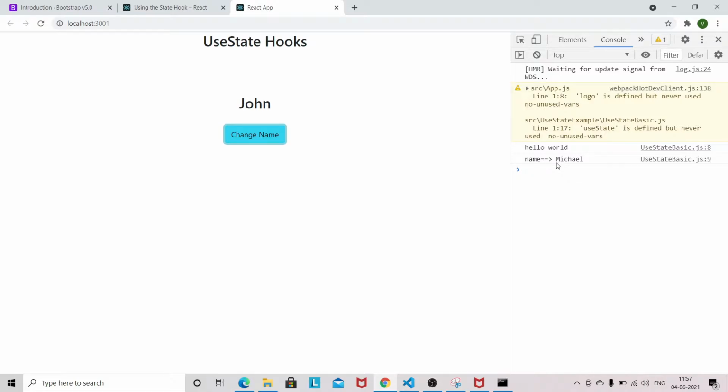So what is happening here? Why is it not displaying this name here, but it's displaying in the console log? It is because we are not triggering re-rendering through the state.